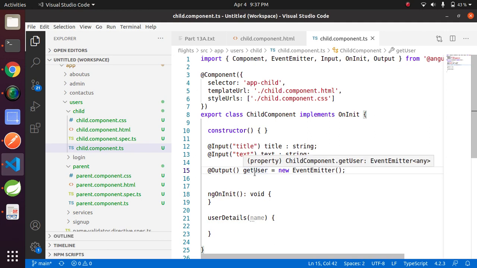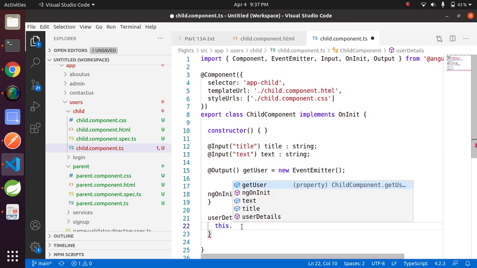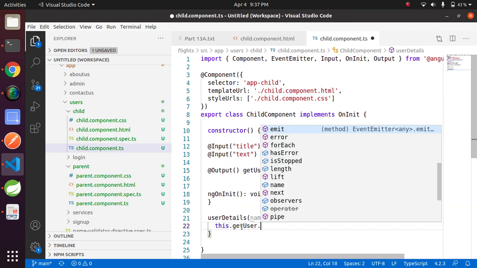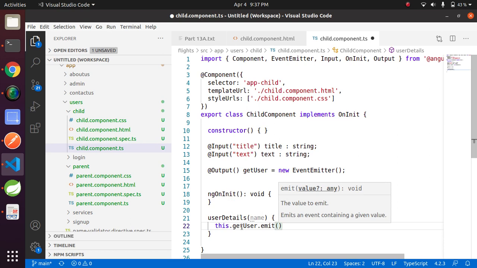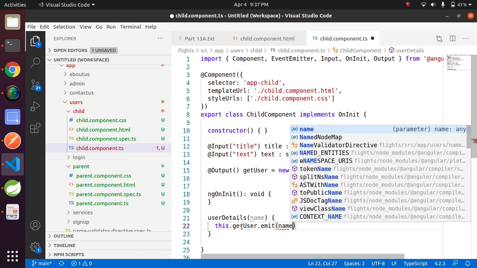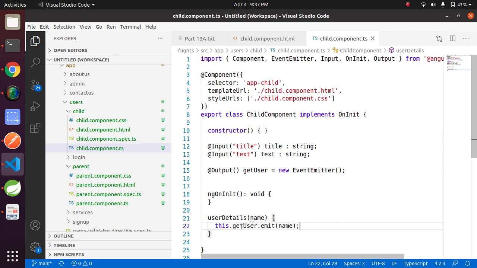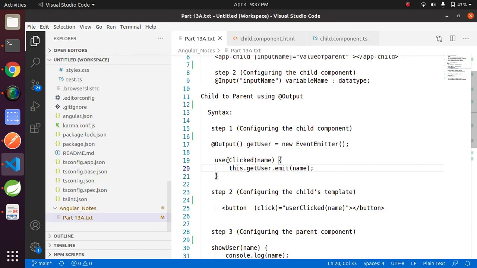Now just emit the message here, whatever we are getting on click: this.getUser.emit(name). The first step we have done. The user click we have also mapped into the child component.